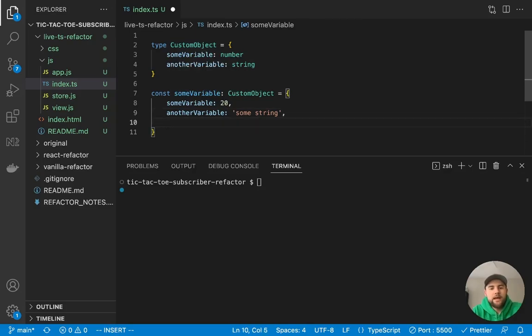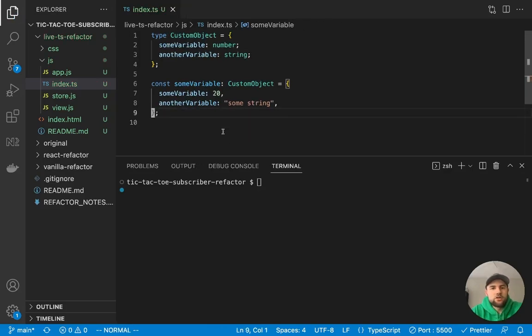And if we tried to add an extra prop, it's going to yell at us because that does not exist in the type that we gave it. So anyways, the point of this is to just give a bare bones introduction to what TypeScript is doing, and we'll see how this plays out to benefit us in the refactor.